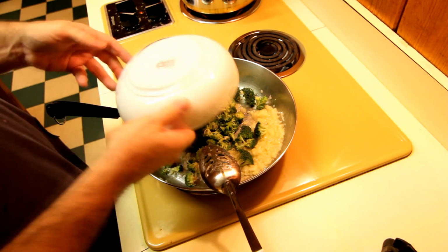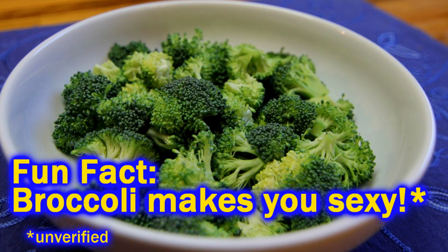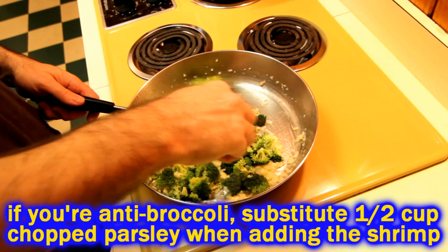We're going to go ahead and throw in our broccoli florets. And I just use the florets. I don't use no big chunk broccoli. And you don't have to use broccoli. You know, you can substitute some chopped parsley later when you throw in the shrimp,